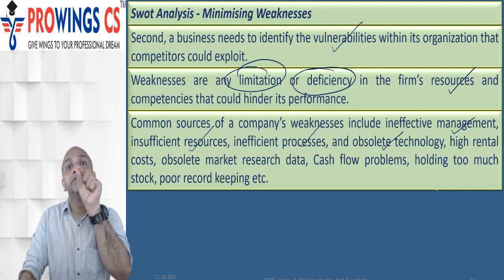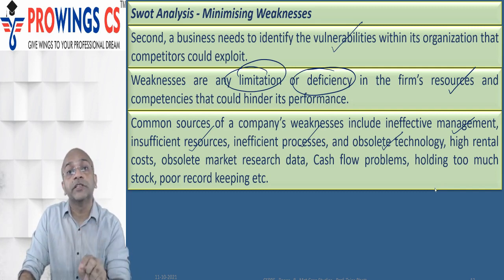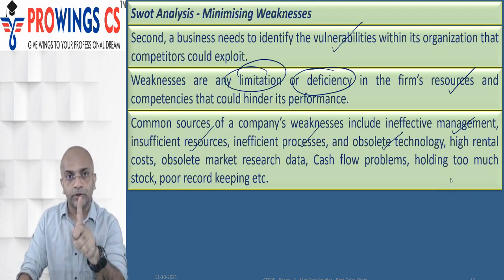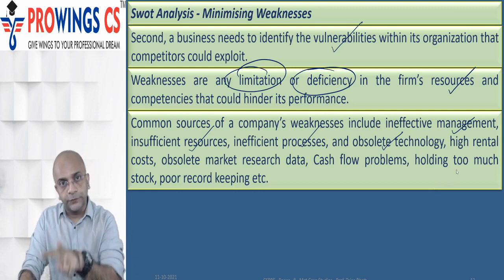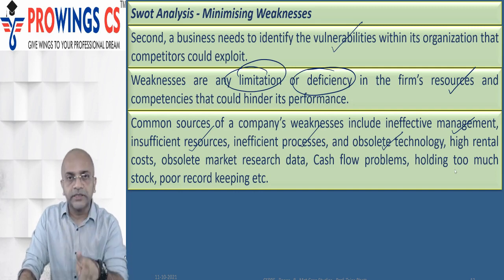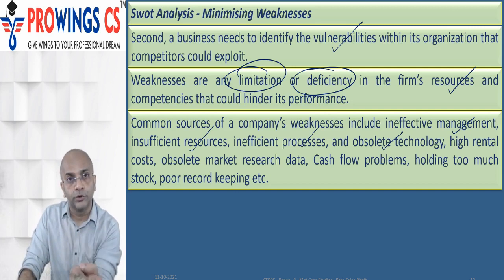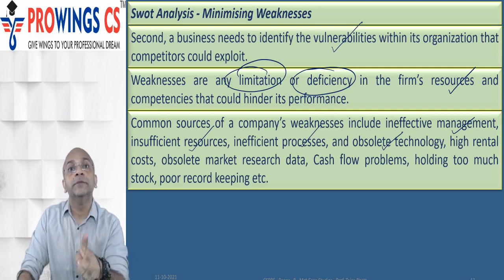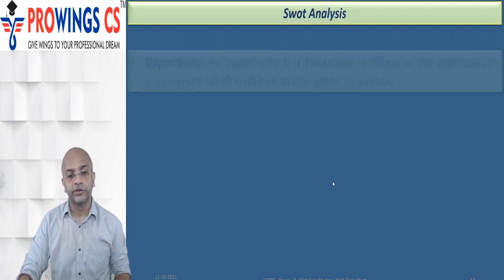It has always been said that if a competitor has a weakness and we have strength in that particular area, then that will be considered a threat to the competitor. Understand this? This is very important. One more time, I'm repeating that. What weaknesses are our competitors having? If we have strength in that area, it is considered a threat to competitors. And believe me, it's the same in reverse also. What weaknesses do we have? If our competitors have strength in the same area, it will be a threat to us for our future. We need to understand that sincerely.